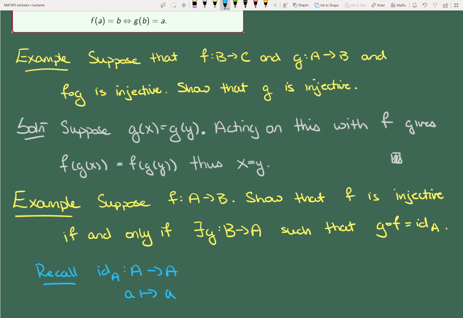So I want you to show that a function is injective if and only if it is left invertible. Okay, and that's what this second part of the statement is saying. It's saying that you are injective precisely if you are left invertible. Okay, maybe that deserves a comment here too.